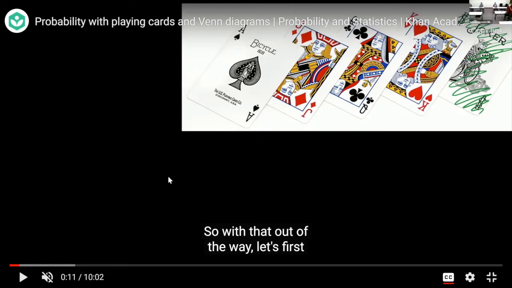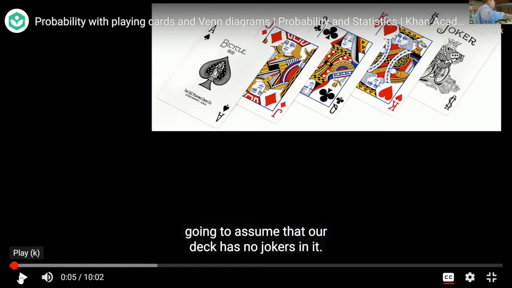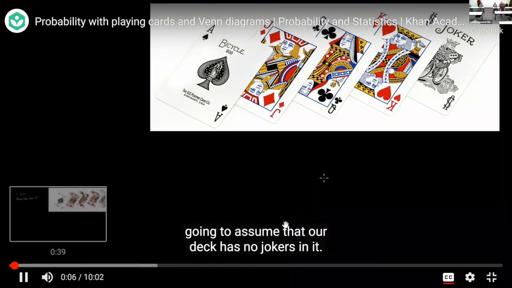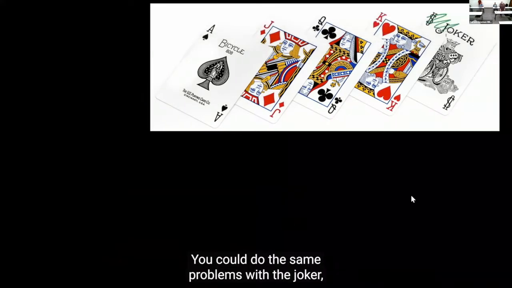Okay, so I'm going to play a video for chapter 5, and then we are going to solve some questions, but watch it very carefully, okay? There's no jokers in it. You could do the same problems with the joker, you'll just get slightly different numbers. So with that out of the way,